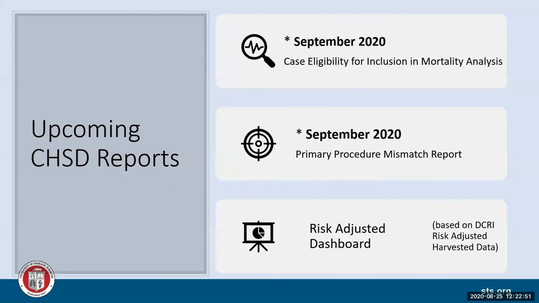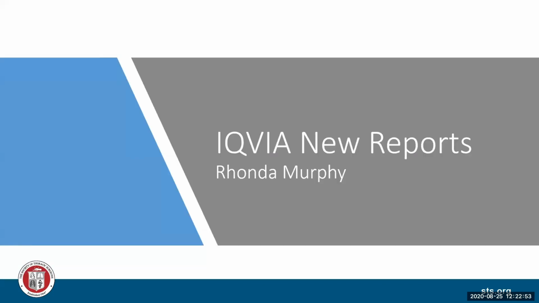Okay, so I think we have a poll that's going to come up. Before getting over to the new reports, we do have a couple of poll questions. Let's see what we have as the first one. This is covering the information that Leanne covered earlier. So if you can take a moment and take a look. The first question: will the primary procedure you choose in your vendor software and submit to IQVIA always be the same primary procedure DCRI assigns when your data goes to analysis? You have 3 choices there. So we'll give a moment.